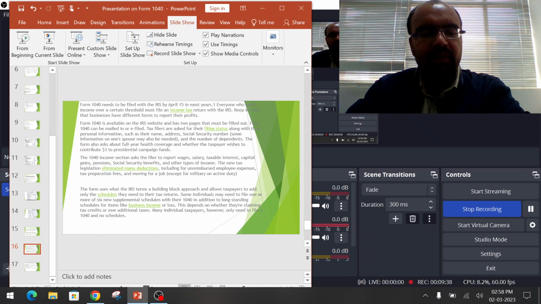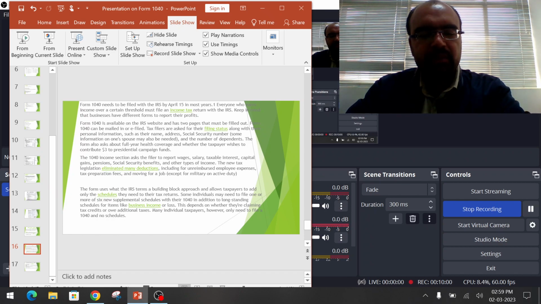The new tax legislation eliminated many deductions, including for unreimbursed employee expenses, tax preparation fees, and moving for a job, except for military on active duty. The form uses what the IRS terms a building block approach and allows taxpayers to add only the schedules they need